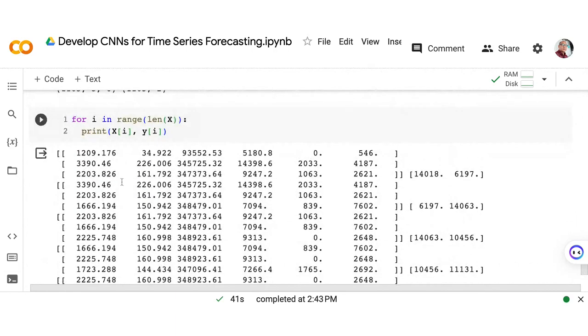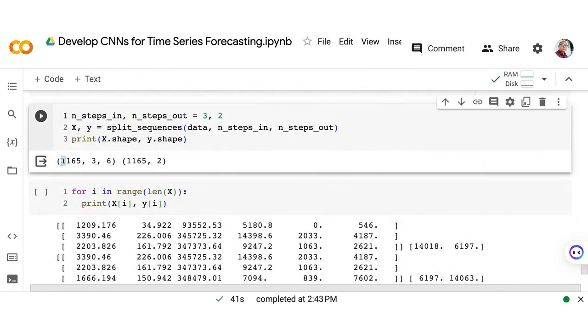So this is the most important, kung ano yung shape natin. It's going to be long. It's around 1,165 samples. Each sample has 3 time steps. And each time step, meron siyang 6 values. For the output, 1,165. And meron tayong 2 values for each sample.